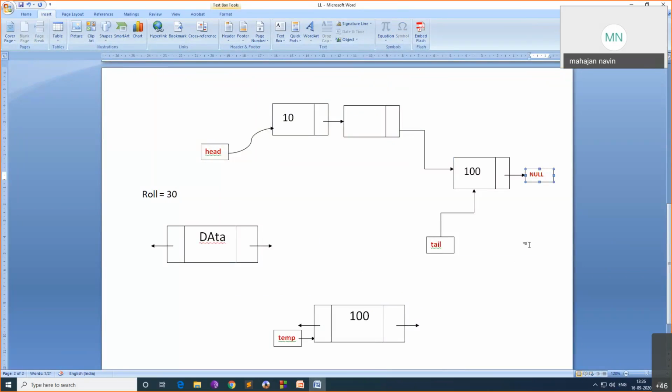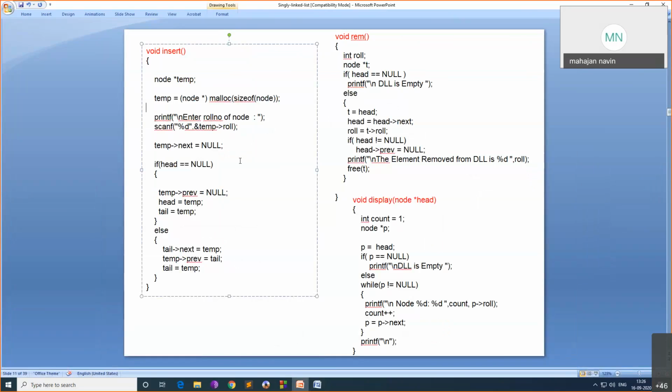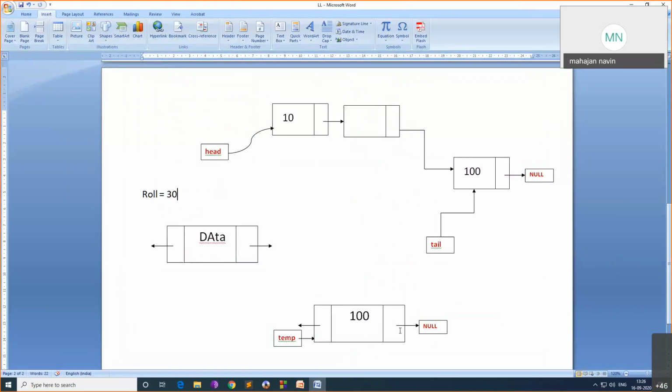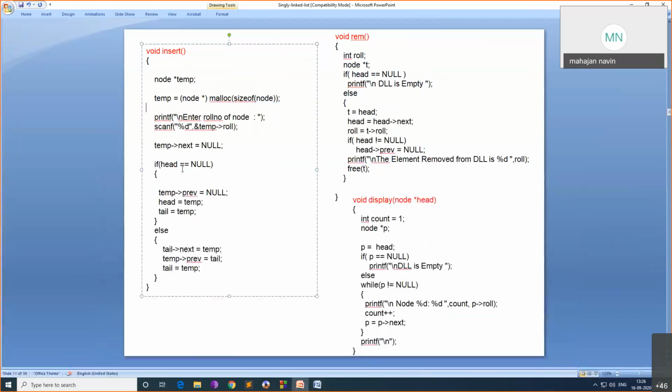Control C, Control V. So whenever I create a new node and insert it, I will store the value in data and temp of next equal to null. This is temp, this is temp of previous, temp of roll number, temp of next. Temp of next I'll assign to null. Then I will first check if head equal to null.